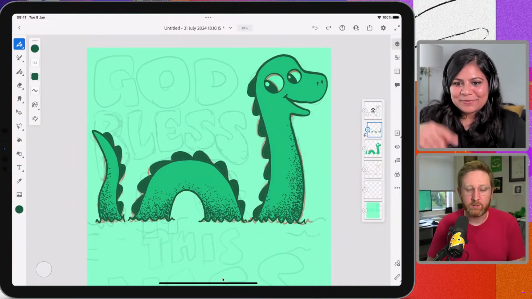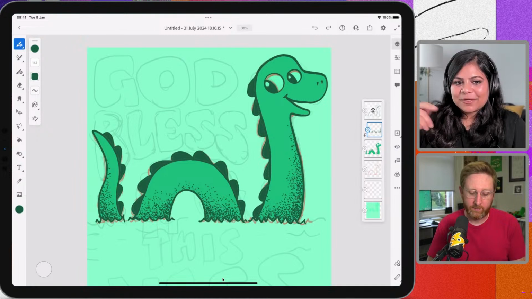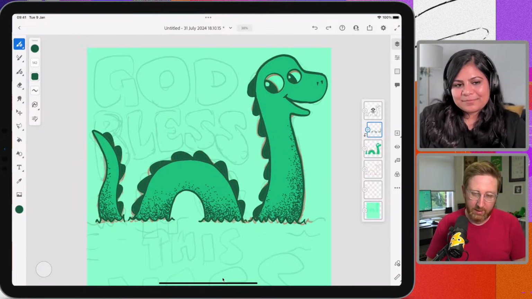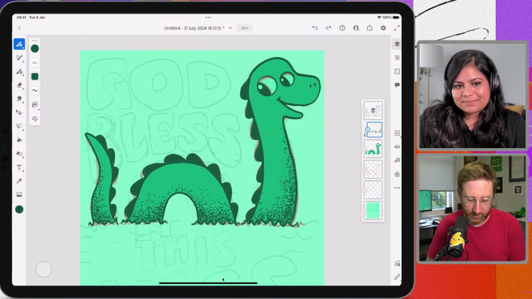So you can change things with the pen tool and stuff, but over here you can just draw. So I think that's where the difference is. Obviously you don't have the same precise control that you do in Illustrator, but you can kind of draw and just go for it.